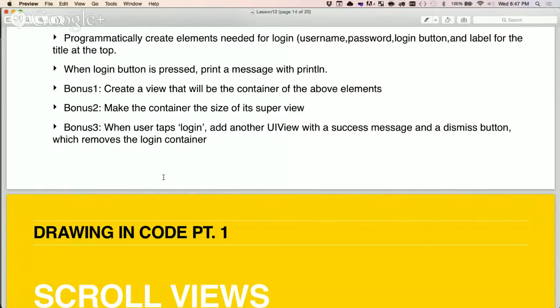Is there a placeholder text property? Self placeholder. Yeah, it's pretty